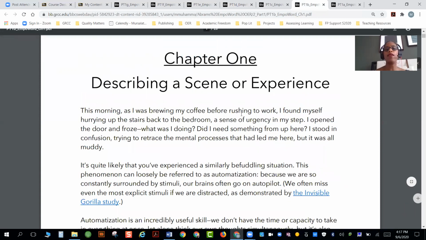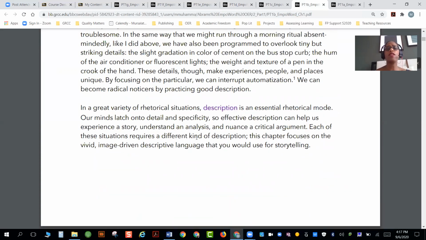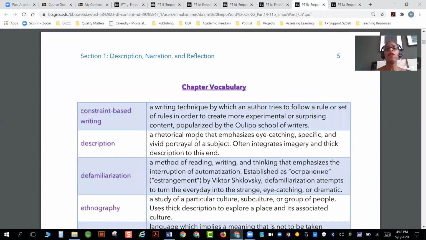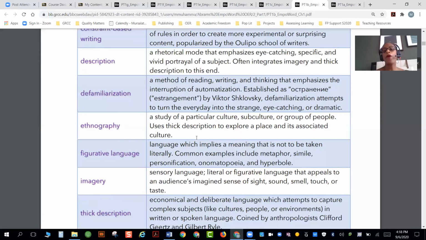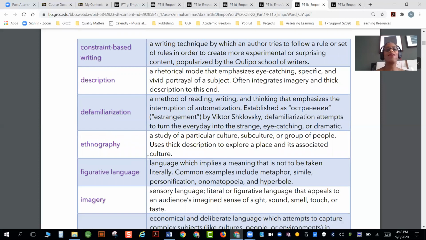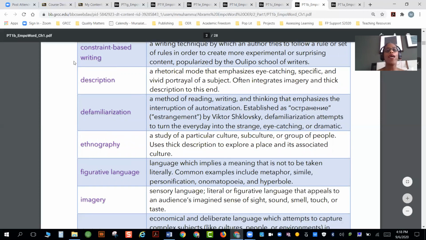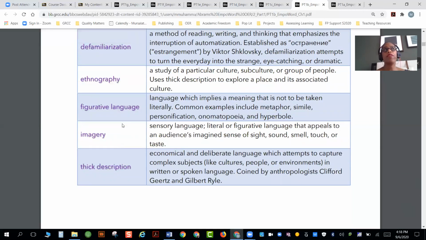they are divided up. They give you an overview, and I'm just gonna focus on chapter 1 for this. They give you an overview, right? And then they give you a list of vocabulary. Chapter vocabulary. This vocabulary is important. For chapter 1, yes, pay attention to all of the vocabulary. I think the only one that may be super new to people would be this ethnography. But all of this vocabulary they give you a brief description and then a brief definition, but you want to